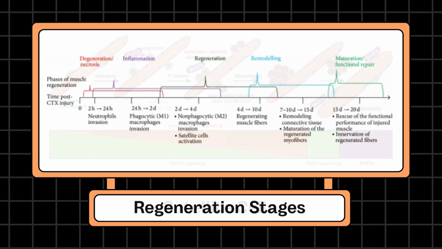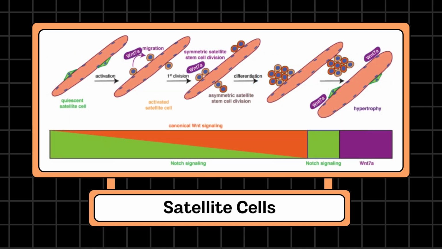So as promised, I'm going to get back to the star of the show, satellite cells. These are the resident muscle stem cells that reside between the basal lamina and sarcolemma of the myofibers. They remain dormant, or in their quiescence stage, until called upon by physiological stimuli such as exercise or in response to muscle injury. Once activated, satellite cells transition from their dormant state to dynamic myoblasts, which are the proliferative precursors